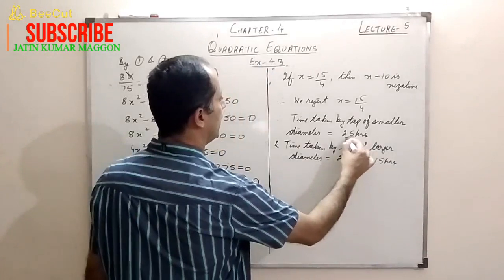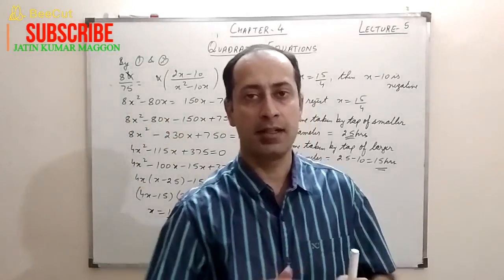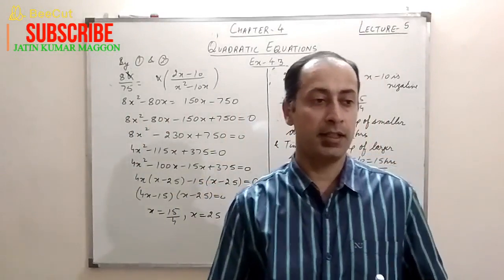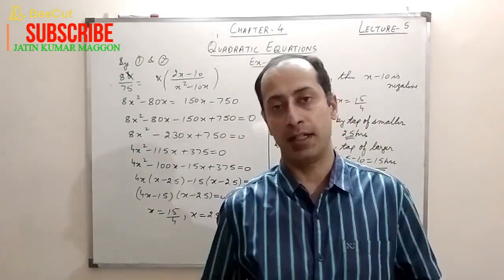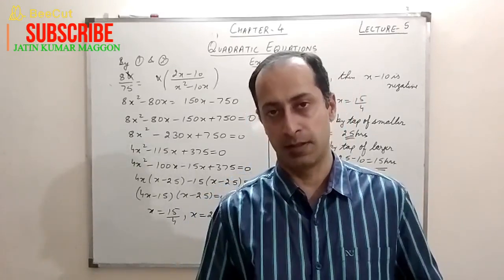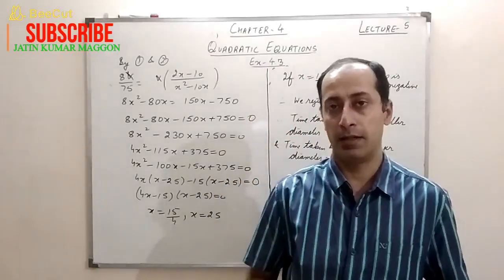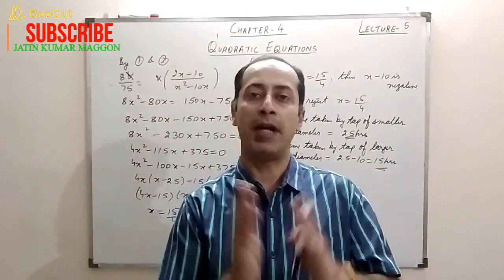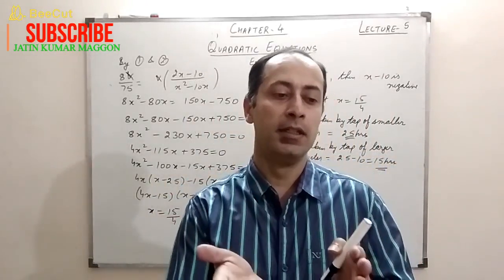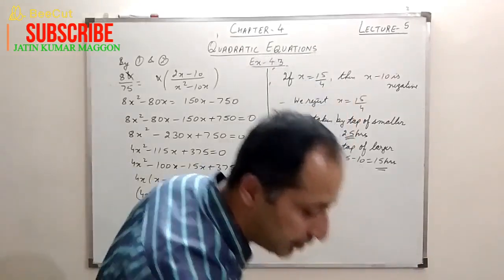See, there can be more types of these questions. Actually, in this question, both the taps are filling the tank, so that is why we are adding them. It could be there is one tap filling the tank and the other is emptying the tank. In that case, when we find the combined work, we have to subtract. It could be two taps filling and one tap emptying the tank also. In that case also, when we find the combined work, we have to subtract the work done of the tap which is emptying the tank, right? Let's go to the next question now.